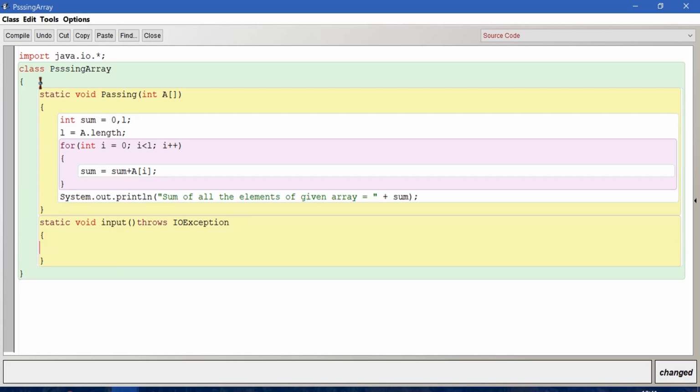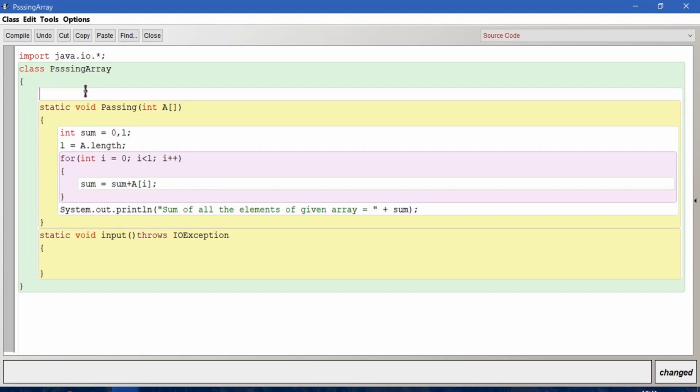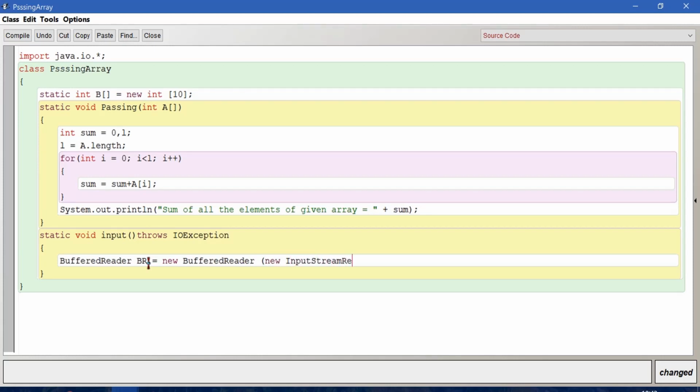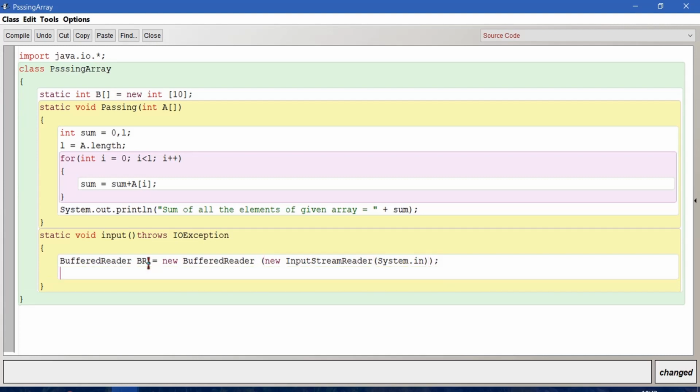So let me first declare an integer array variable. I will take it as a class variable, static int array called b is equal to new int of maybe size 10. Now to take input, let us create the BufferedReader object, with new InputStreamReader of System.in, then we terminate. We will prompt the user, System.out.println, we say input 10